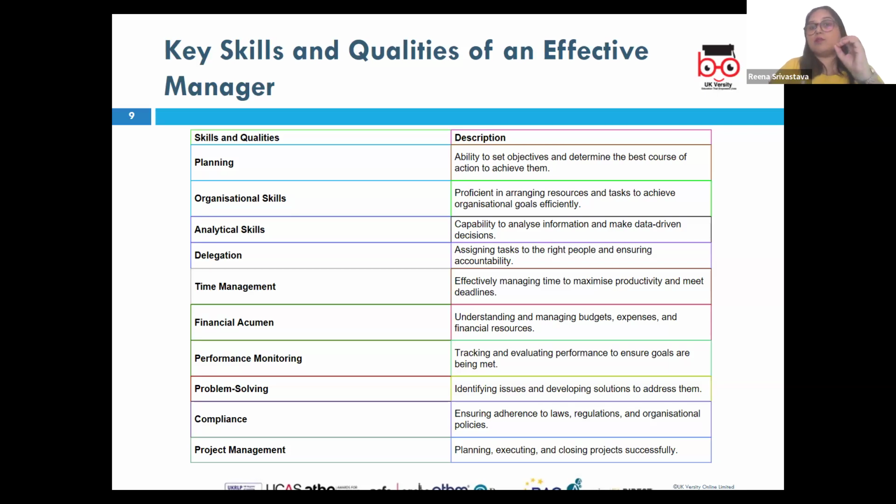Since the manager's most important task is the achievement of the organizational goal, performance monitoring becomes a key requirement. They should be able to keep track of performance metrics, and they should make adjustments as and when needed to stay on target. This is an inherent quality of managers. The managers should be doing KPI tracking by monitoring the key performance indicators. And they should be using a feedback mechanism